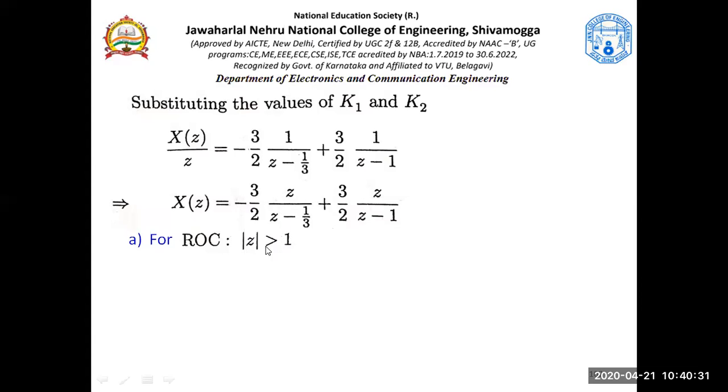So that means you should understand whether a positive time sequence is associated with this or a negative time sequence is associated with this. That needs to be understood. Whether the positive time signal needs to be associated or the negative time signal needs to be associated, that needs to be told to you by seeing the ROC. ROC says it is outside the circle. Outside the circle means it is a positive time sequence. Understand that? So positive time sequence means u of n. So now using u of n in time domain, how can you apply the inverse Z transform to this? It is like this.